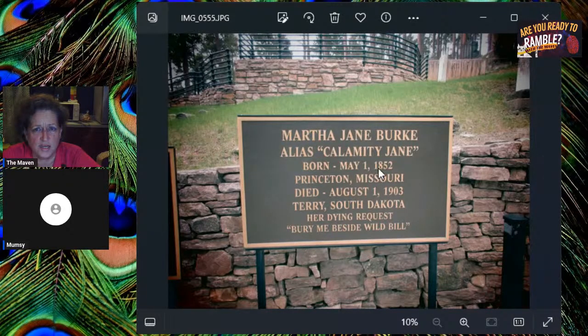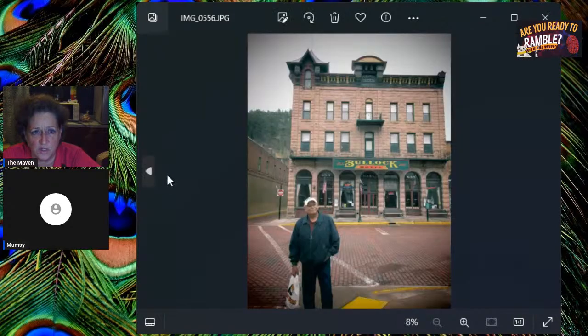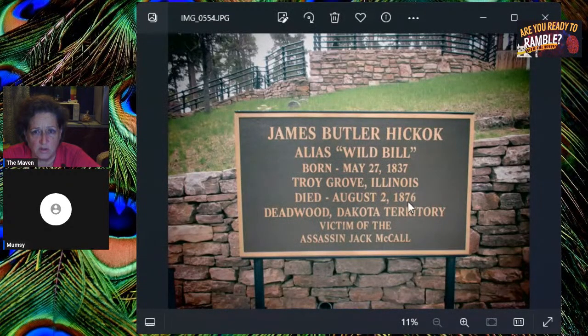She's born in 1852, and then in 1876, when he died, 76 minus 52, 24. Right? Okay. And that's when he died. So that means she was already romantically falling in love with him before she was even 24.